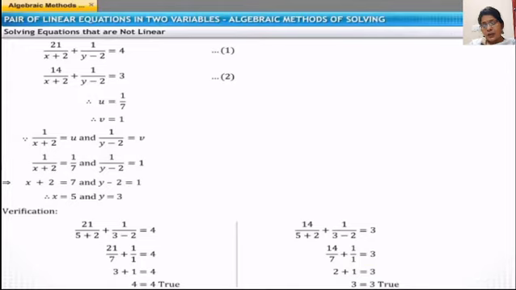Suppose we take the LCM and multiply this by 4 into x plus 2 and y minus 2. We will get a quadratic form on the right hand side, so it has a degree 2. We know everything, and we can solve only linear equations. So first we have to see if the equations are not linear, meaning having degree 2, and that type of equation will first be reduced to make it linear.